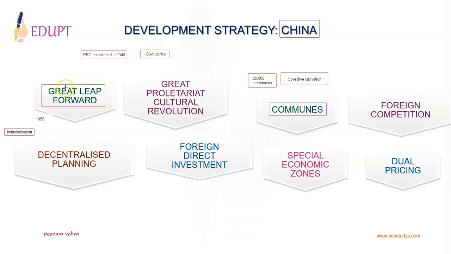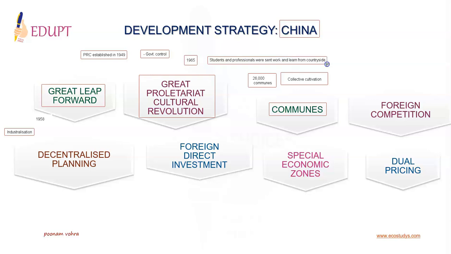However, the Great Leap Forward campaign was faced with the problem of severe drought that killed about 30 million people. So China had conflict with Russia, which led to withdrawal of Russian professionals who were sent to China to help in the industrialization process. China has always followed a communist ideology and was very critical of free market forces and capitalism. So in 1965, Mao Zedong introduced the Great Proletariat Cultural Revolution, under which the students and professionals were sent to work and